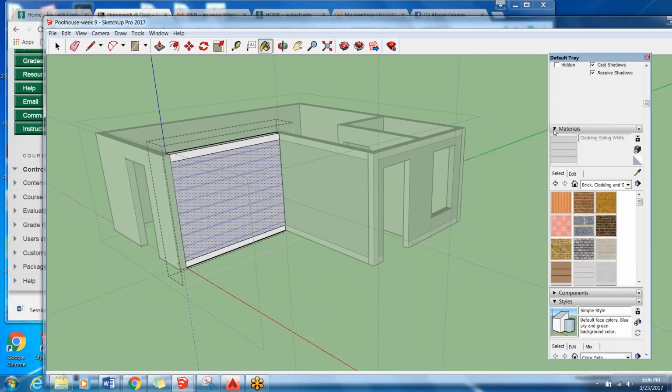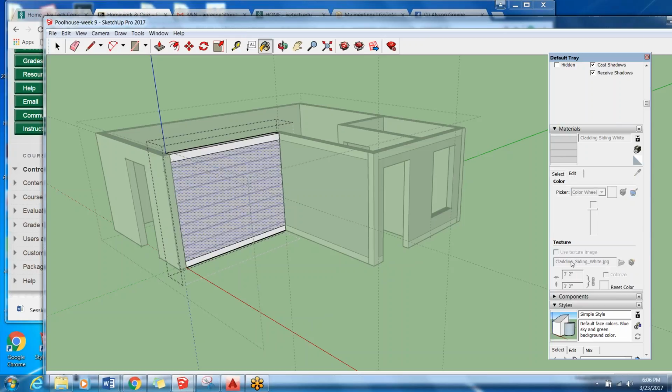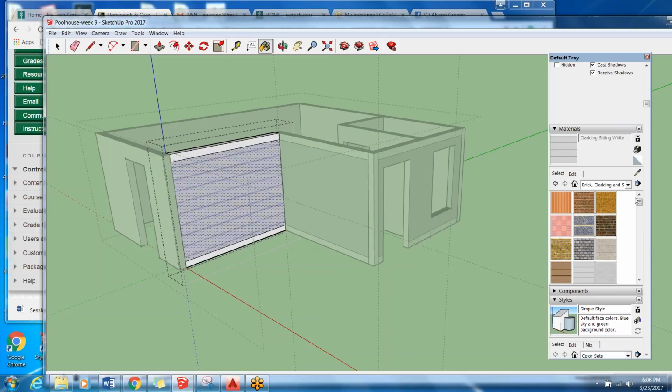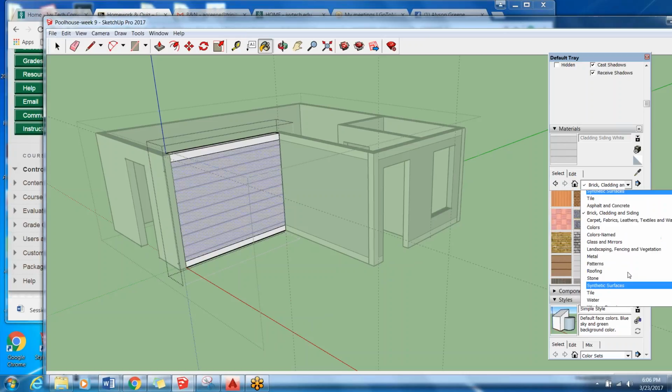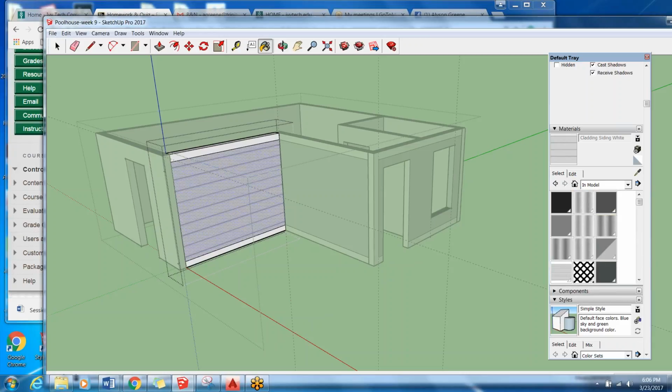When I drop down the Materials menu, it has Select and Edit. Under Edit is where we see the sizing of things, the color on the color wheel, what the name of the texture is. Under Select is where we can see the various items under the categories of materials. So the one I'm most often in when I'm working in my model is the one called In Model. That one is every type of material that's part of this building, what's showing in my In Model right now. So somewhere in this model,